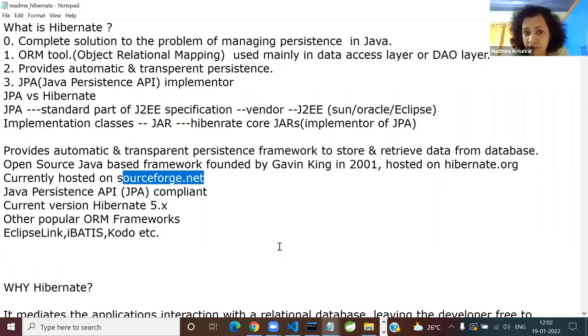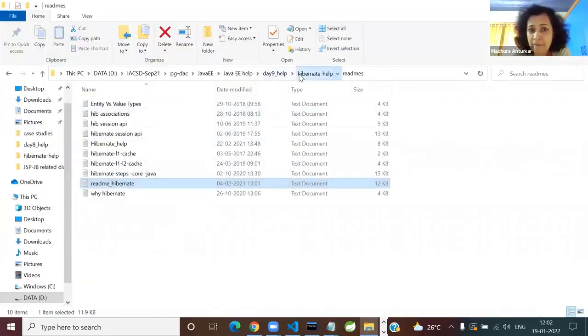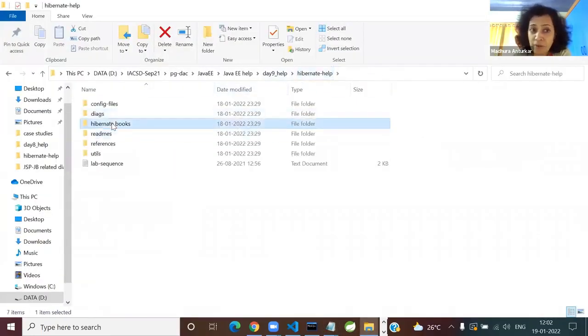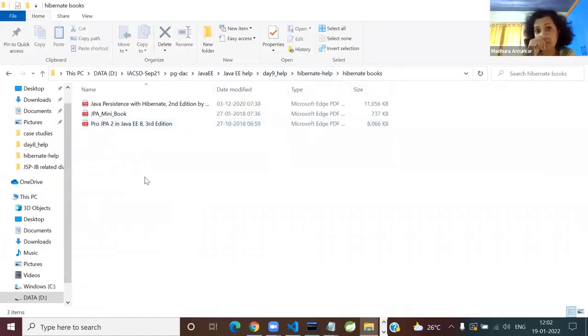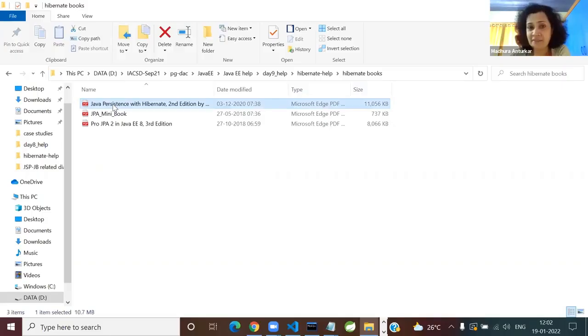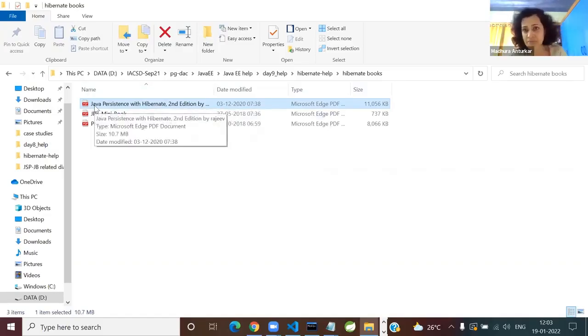So it is on SourceForge.net. So if you see my Hibernate help, knowing that it is so important for you as a Java programmer, I've already supplied certain ebooks. This one, Java Persistence with Hibernate, is authored by Gavin King. This can be your go-to or Bible kind of a thing